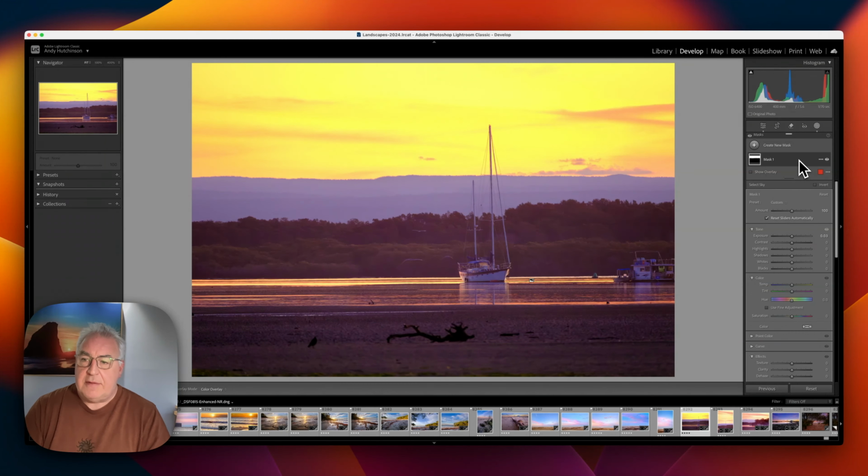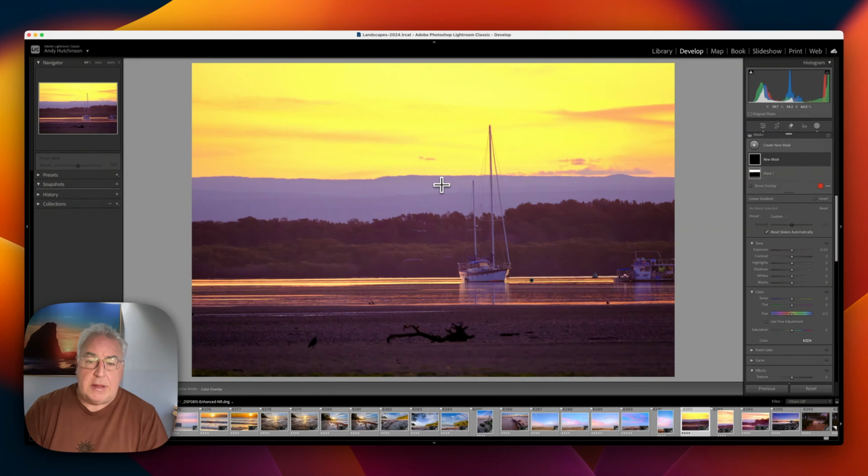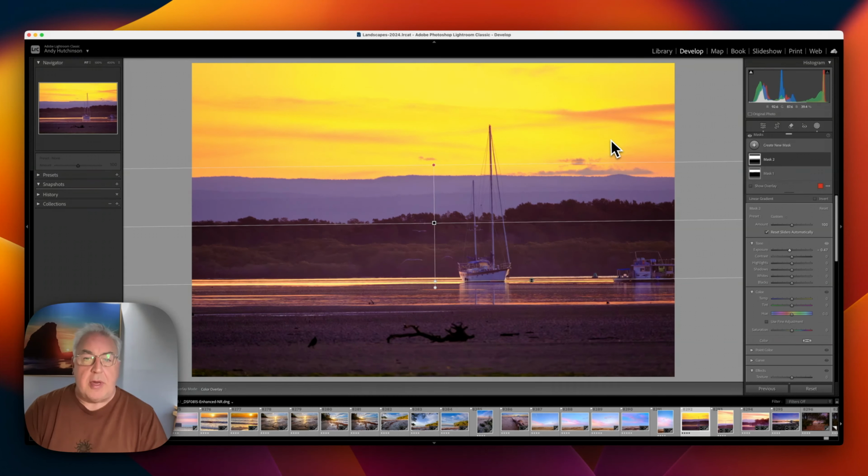The alternative is actually just to use a simple linear gradient. So I'm going to create a new mask, click on linear gradient, and then I drag down so I have a transition area in the middle here. I'm just going to move that up slightly. Just rotate it a little bit that way. And what I'm going to do now is do the same thing. I'm going to drop the exposure. And so we've got the same outcome there. The sky is now darker, but